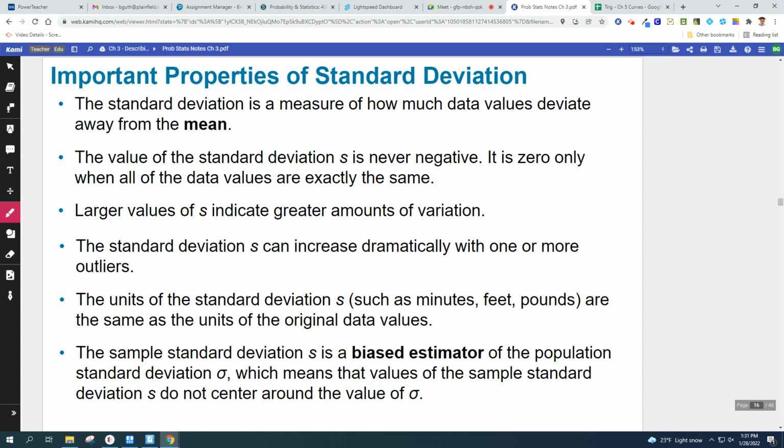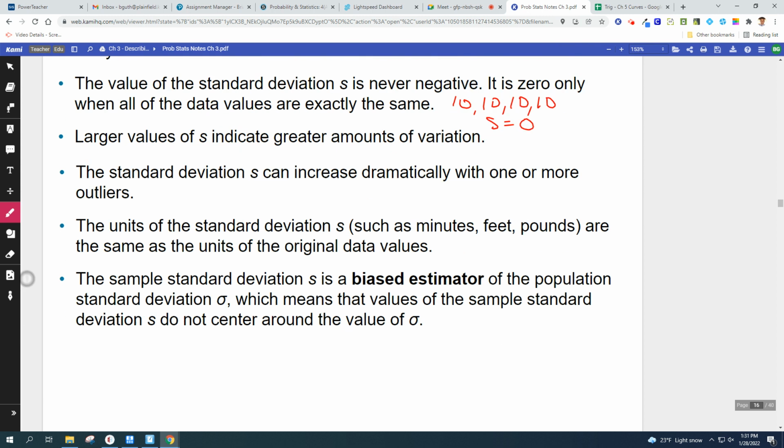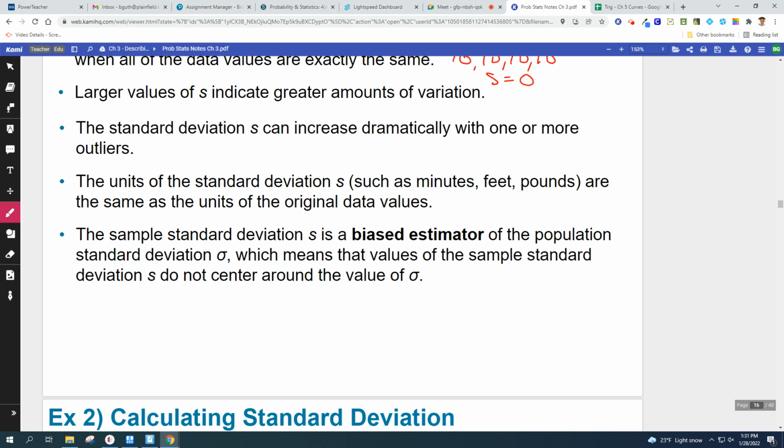So, that's like what I was talking about earlier. If I give you all the same numbers, then of course that standard deviation is 0. Larger values of S indicate greater amounts of variation. Standard deviation S can increase dramatically with one or more outliers. The units of standard deviation S, such as minutes, feet, and pounds, are the same as the units of the